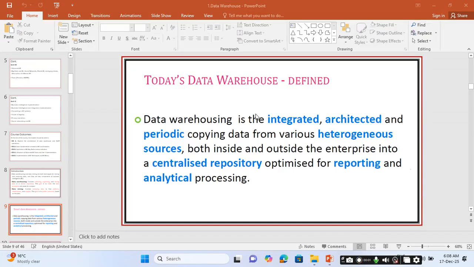From today onwards we go for the data warehousing concepts. This is the first topic in data warehousing. Initially, what is data warehousing? A data warehouse is an integrated, architected and periodic copying from